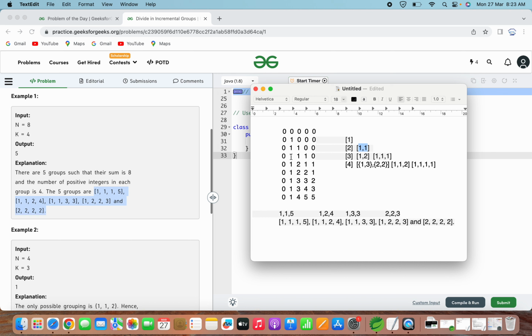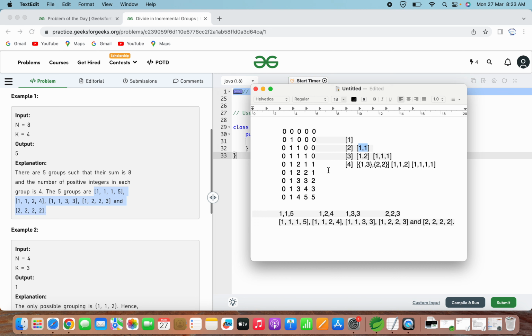For getting 3 with group size 1, we have only one option, that is 3 only. For getting 3 with group size 2, we have one option, that is 1 and 2. For getting 3 with group size 3, again we have one option, that is 1, 1, 1. I hope this is clear.